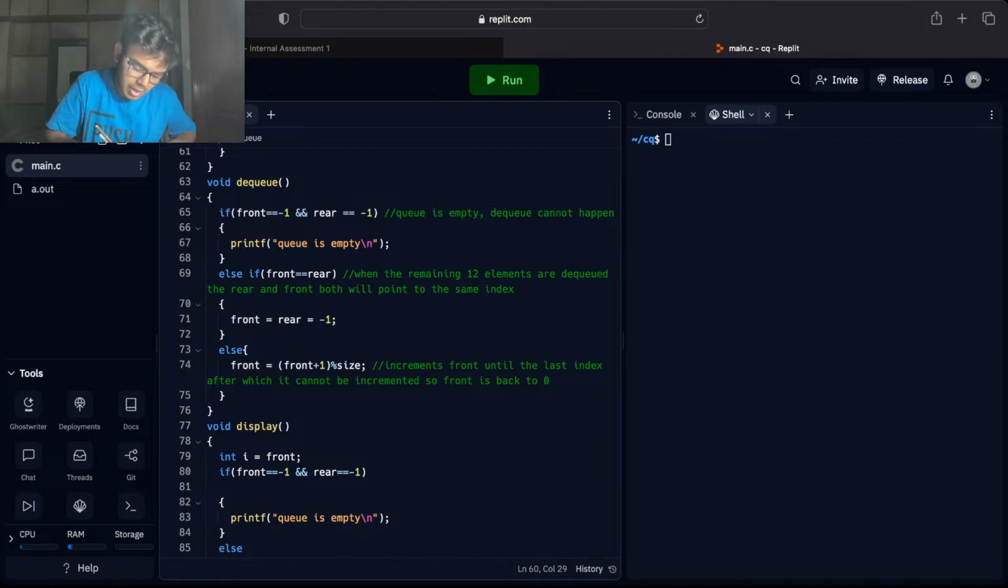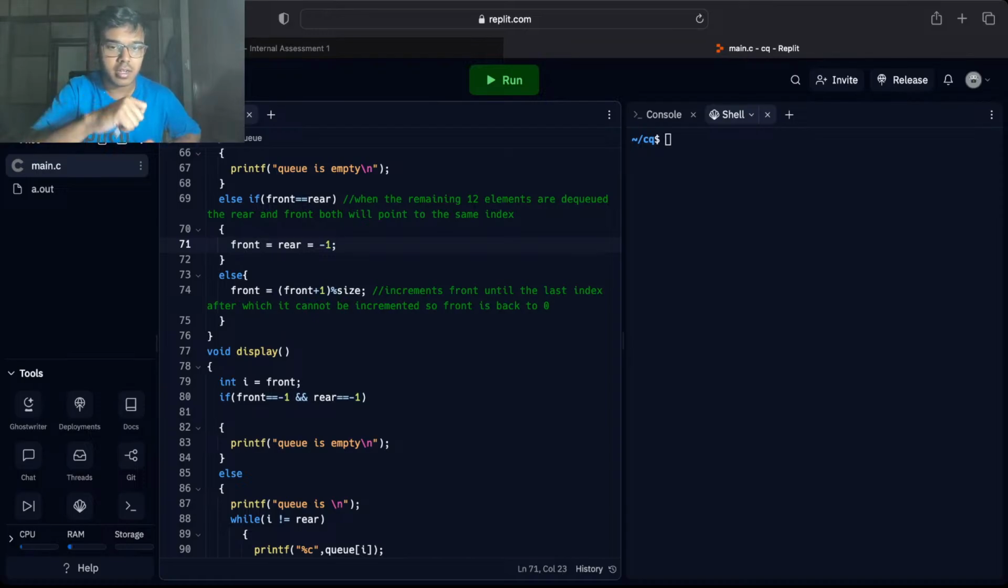Imagine a scenario where we have enqueued the elements till the last element, that is the 12th index, and we have started dequeuing continuously from the 0th element till the last but one element, where the front and rear both will point at 12. In this case, you cannot dequeue any further because there are no elements to dequeue, and so the front and rear both will get initialized to minus 1. And in the else block,